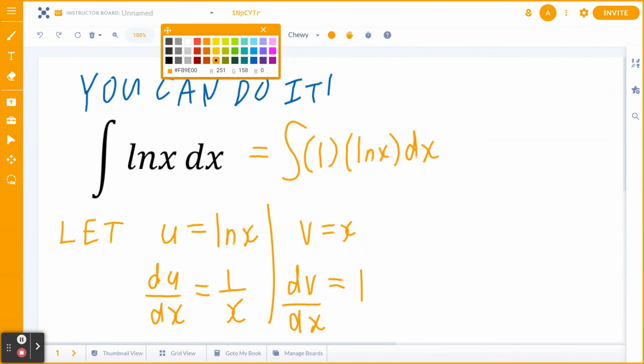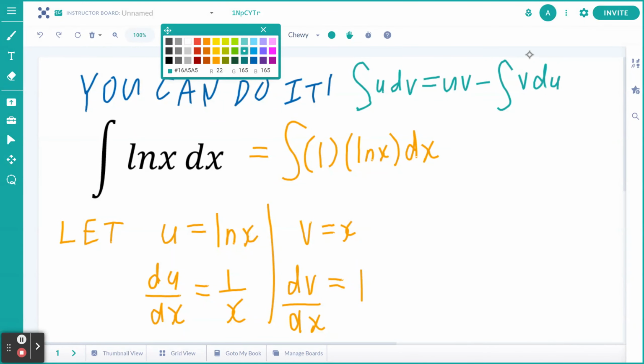Now, why is this valuable? So again, in the corner here, I'm going to go back and write down the definition of integration by parts. So if you think about the antiderivative, and again, I can express this in terms of f and g, I can express it in terms of u and v. The antiderivative of u dv equals to uv minus the antiderivative of v du. So if I go back to the same color, what I'm doing now is I'm applying this technique called integration by parts. So now this equals to uv, which is going to be x ln x,